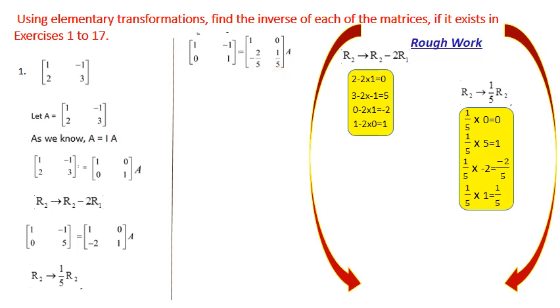Now almost the left side matrix is ready. 1 0 1. Now we have to move this element, this one we have to change it to 0. How do we change it to 0? Simple. R1 plus R2, means if you add these two, it becomes 0. So 1 plus minus 1 means 0. Here R1 is changing, R2 is not changing. So go for the rough work.